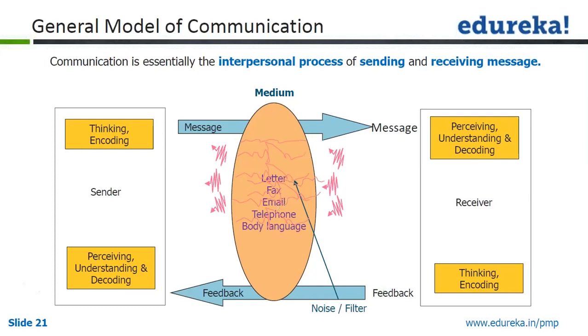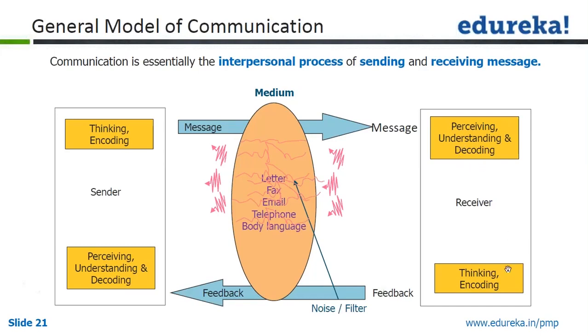So here, over the internet, the voice is being sent to you as a message, and you as a receiver perceive, understand, and decode whatever message is being sent to you, in your own words, and that's how the